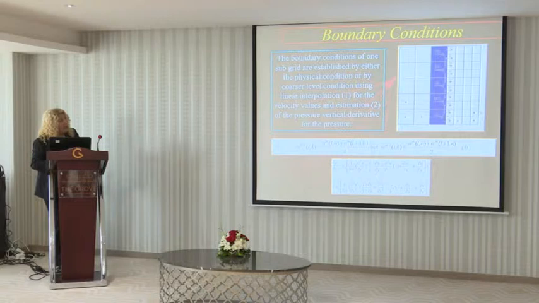This is the way that we transfer the solution and we set the boundary conditions. It's simple for the velocity. As you can see, we just use linear interpolation. But concerning the pressure, we cannot transfer it. We have to solve. So in every subgrid, we estimate again the vertical derivative for the pressure. Also, the solution can be transferred either from a coarse to a fine grid, or in the opposite direction.